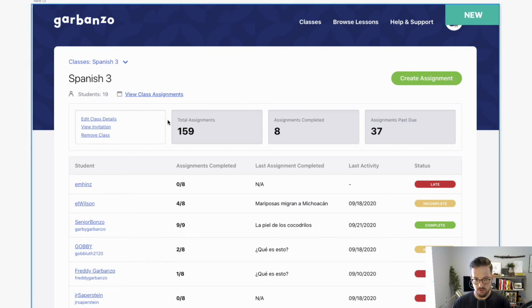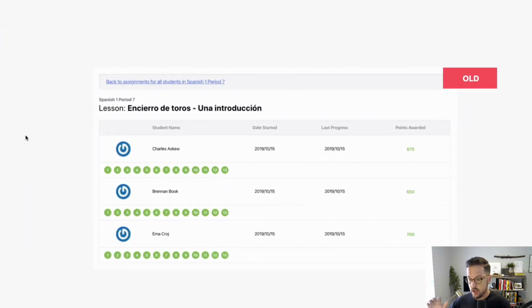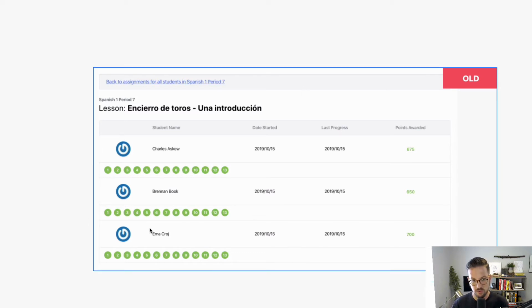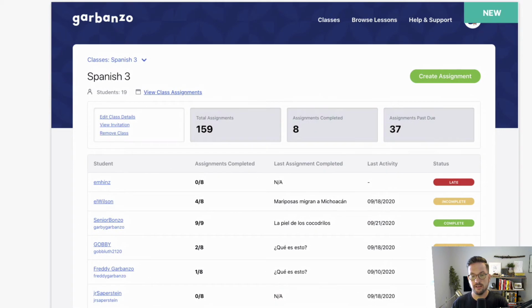So in this case, as you can see, there's lots of information that we have honed down significantly. One example of this is teachers have told us that, hey, we want to be able to see individual student progress for a particular lesson that they've assigned. And so this was the old interface, as you can see, and we used to show, okay, here are all the different pieces of that lesson, the different levels that students have to complete, and their progress through it.